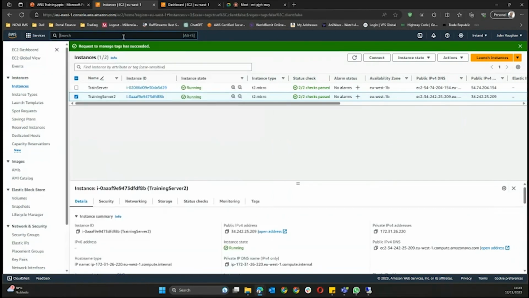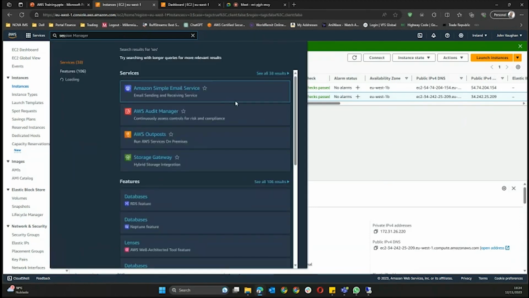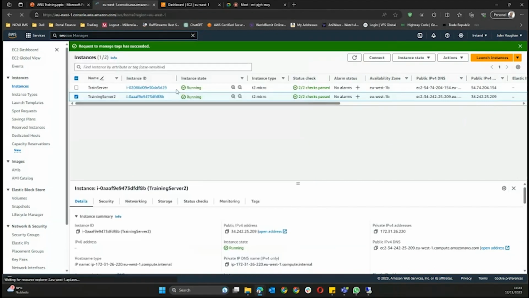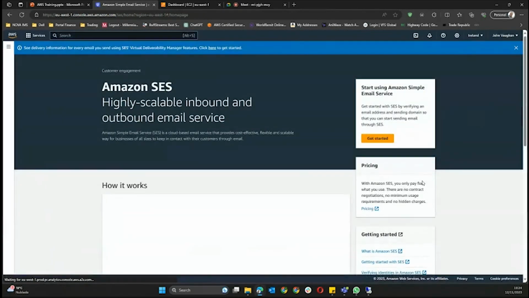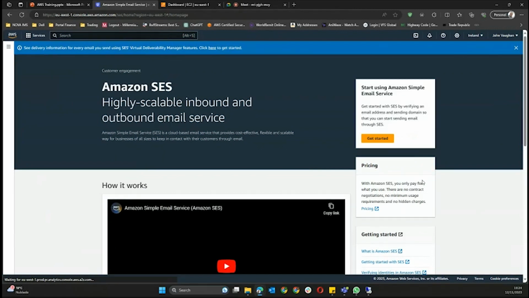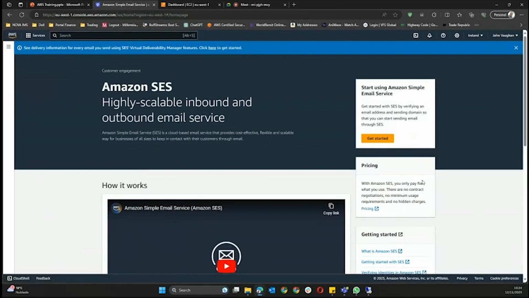The service that manages emails on AWS is something called SES, the Amazon Simple Mail Service, which is what I'm going to show you, because I mentioned this during the PowerPoint, that on Amazon Web Services they do have an email service as well that allows you to create an email service. You can attach a domain to it and send emails back and forth,